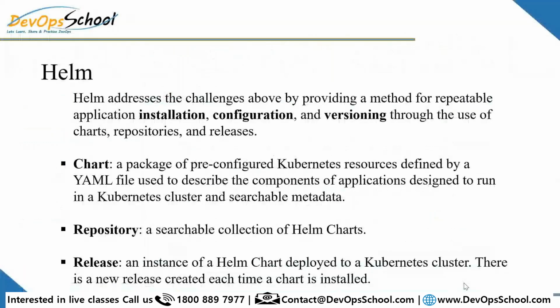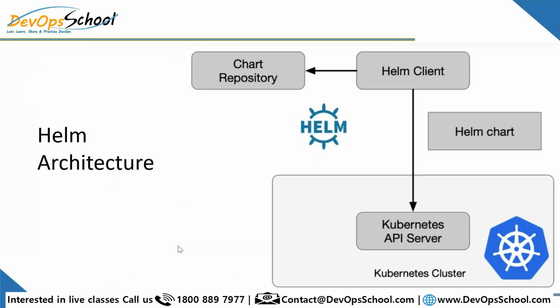And next, the moment you deploy a chart, that becomes a release. Let's say you run helm install with the XYZ chart or the Tomcat chart, that becomes one release, actually one particular version, and that is how you need to understand this. Look at this, this is the architecture. You have a chart repository, for us it's Artifact Hub, and the Helm client in your laptop, which will download the chart from Artifact Hub locally, and from there when you say helm install, it will deploy to the